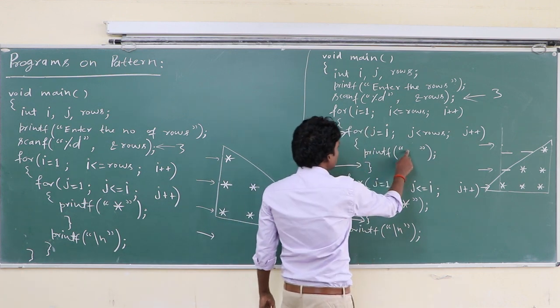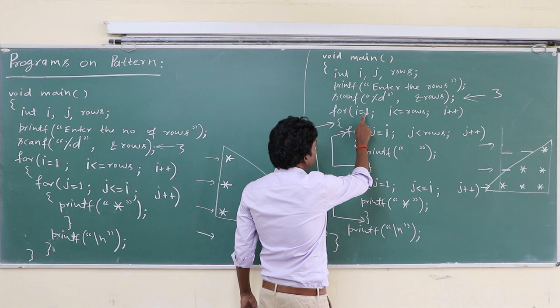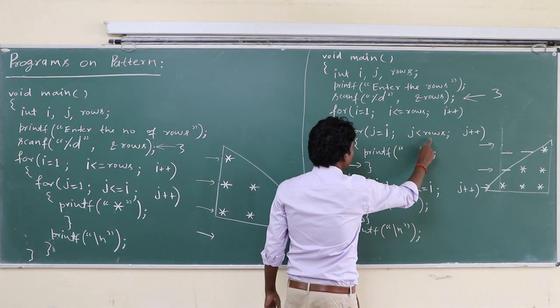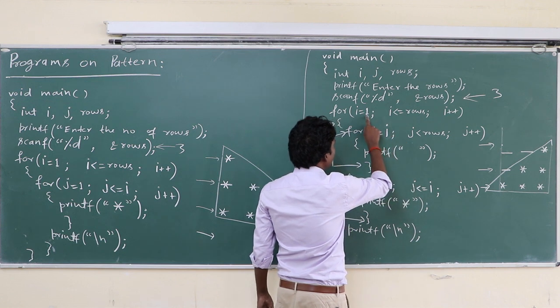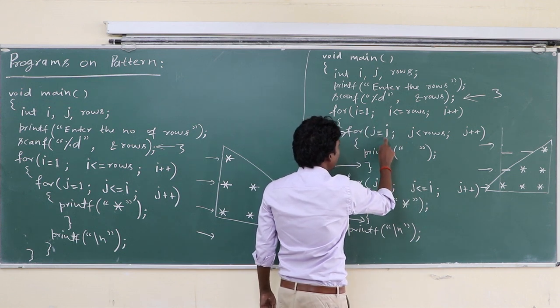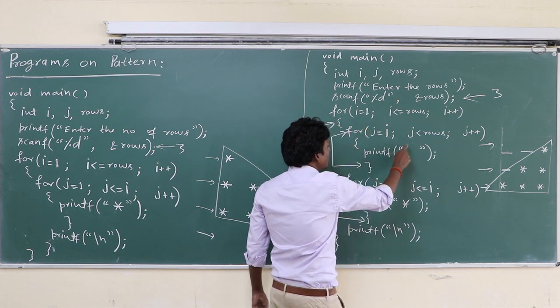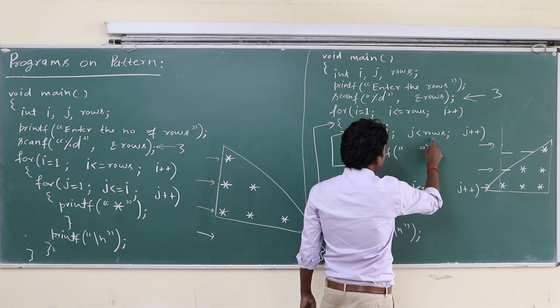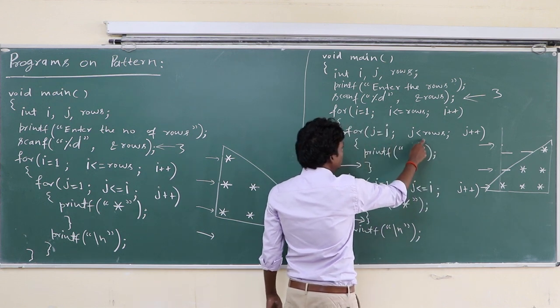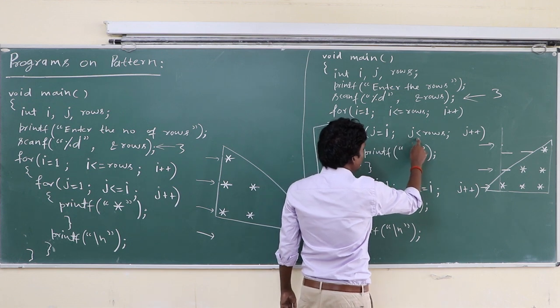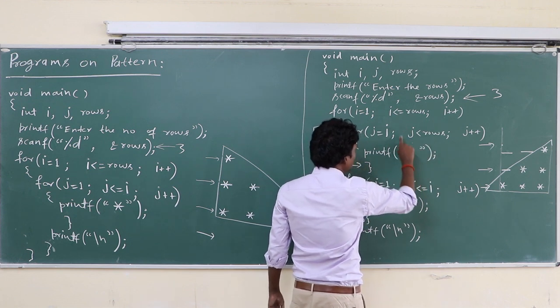So there is a space. For each value of the outer for loop, this inner loop travels many times till this condition is true. The first time i has value 1, and j has value 1 too. Because i has value 1, j is less than 3, so this loop executes 2 times, from 1 to 2.